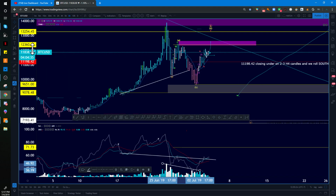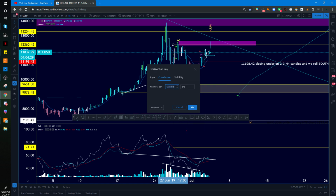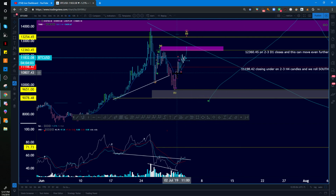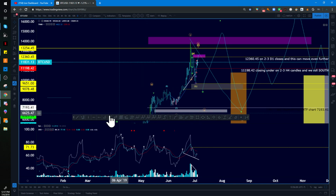Because this pivot here at 12,360 is a line in the sand in regards to closing aspects. I mean, it's very simple, right? Same thing with this aspect. It's just very simple in regards to where you find your pivots, and it always lies in our RSI. To be honest, it really does. And another big thing here is the fact that we had